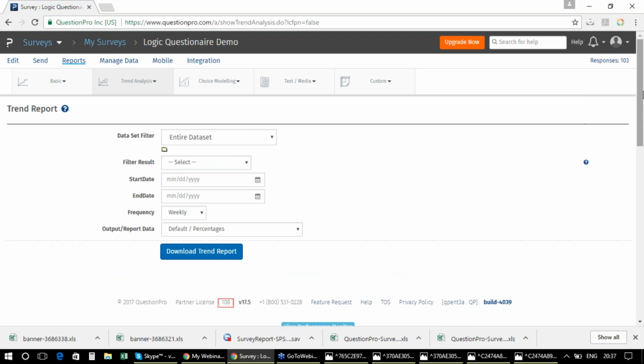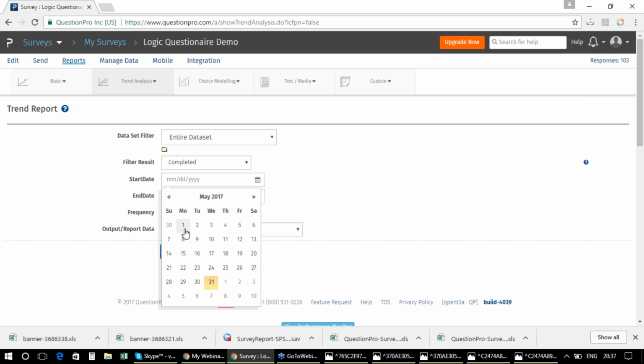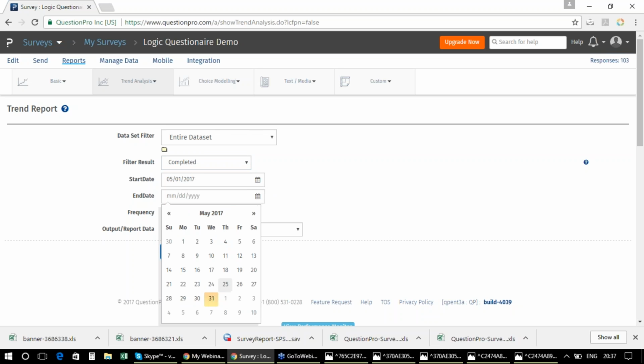So if I want to know a trend for the survey that I've prepared, if I want to know what kind of a trend is being shown, I'll use this option, trend analysis. I can mention a filter result as well. If I just want to have the responses which are just completed, if I want to mention a start date and an end date as well,